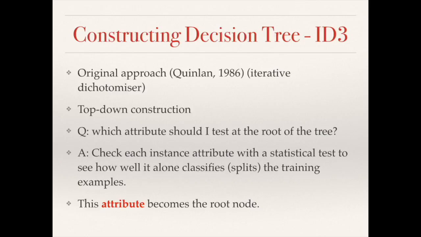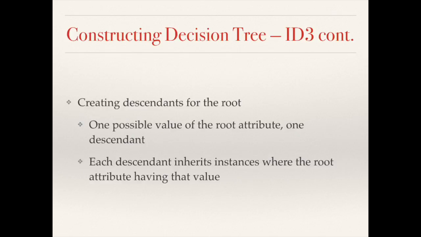We test for each of the instances in the observed data and compare the attribute with the target of a prediction. Find the most related attribute, and that attribute will be tested at the root node of